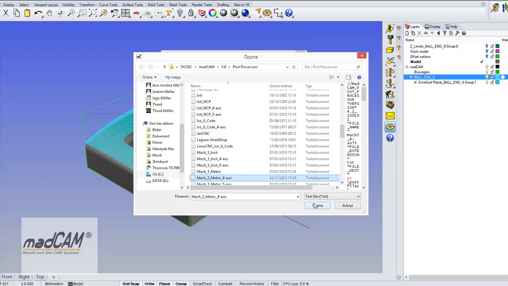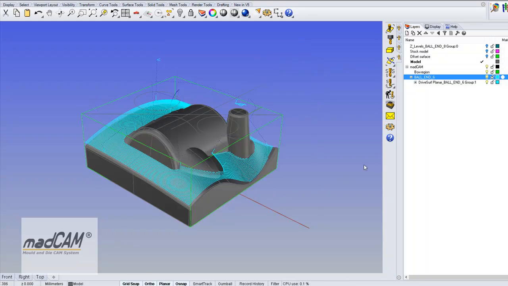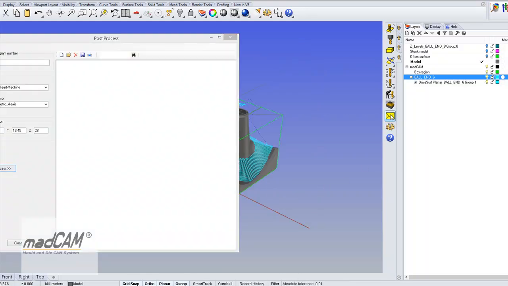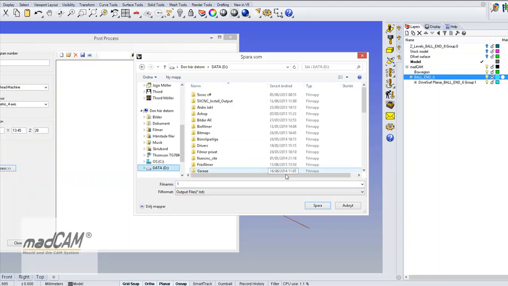So we just open this. We can see this 4-axis post-processor is selected, save it together with the machine, click OK, and now we can post-process, and we can see the machine and which post-processor will be used. So then it's just to post-process, save it somewhere,